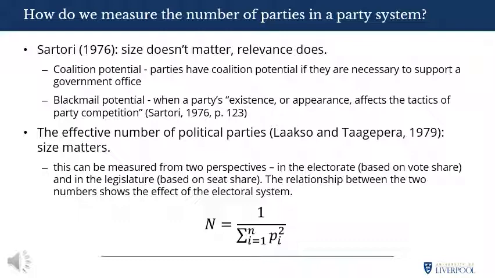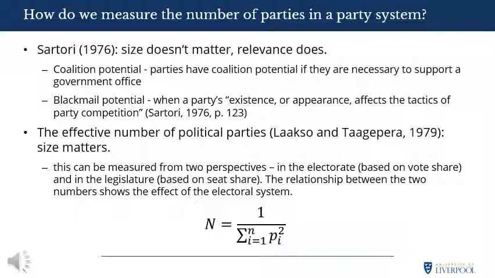The second approach is by counting the effective number of political parties in a system. This approach provides an adjusted number of political parties. The idea behind this measure is to count parties and at the same time weigh them based on each party's relative strength. Now you can do this in two ways. The first is to look at the votes cast, so that's within the electorate, or in the legislature based on the number of seats won. And it's always the case that the effective number of political parties in the legislature is less than in the electorate, because in a general election, not every single candidate wins a seat and not every single vote leads to a person entering Parliament.